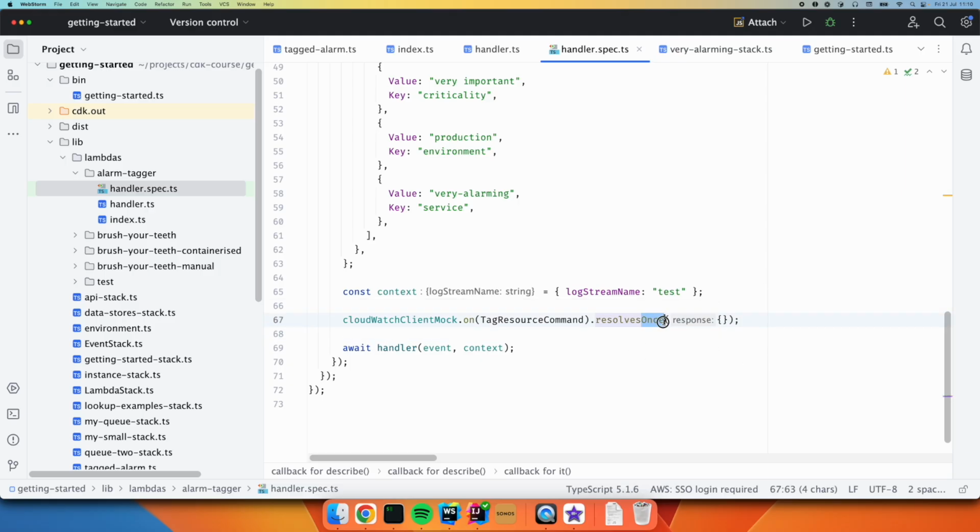I like to use resolves once, sorry, because it shouldn't really be resolved multiple times. We shouldn't call tag resource multiple times, and sometimes this catches a little bug where something's leaking between tests or happening multiple times. So that handler should work, but it will try and report its success or failure, I should say,